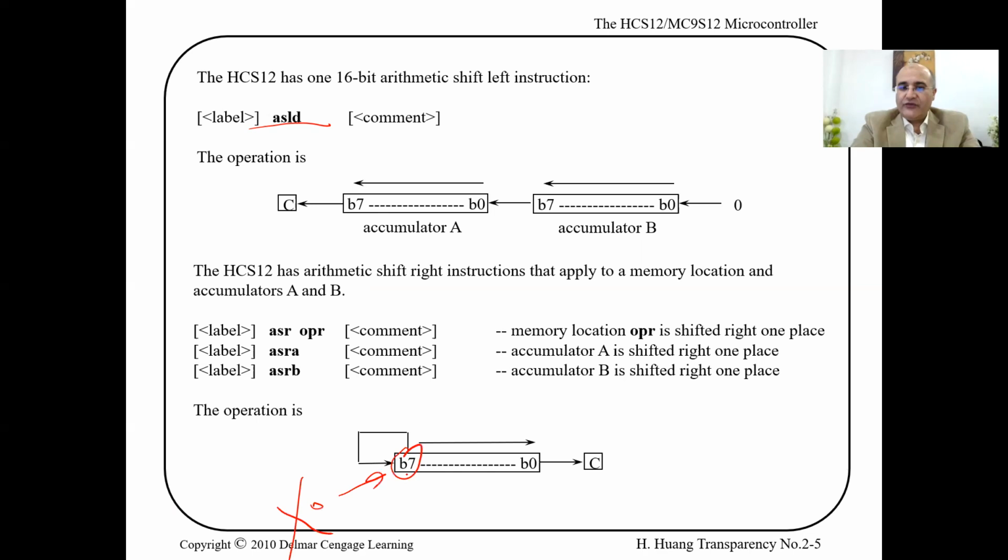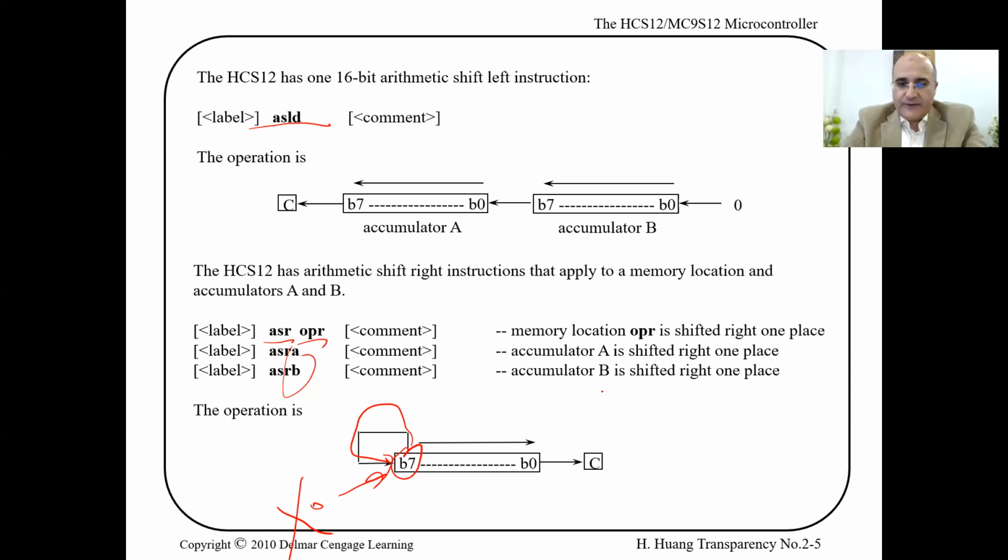Okay? You have to retain this bit by keeping it as is. So for an arithmetic shift right for an 8-bit operand in memory or registers A or B, what we do is,